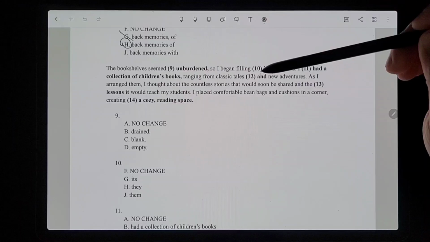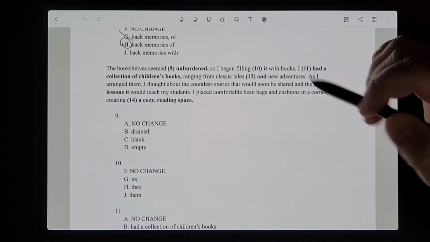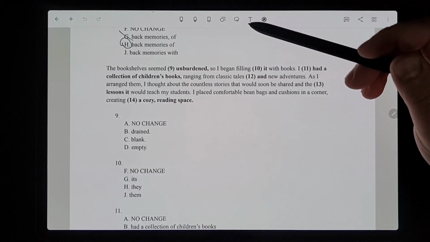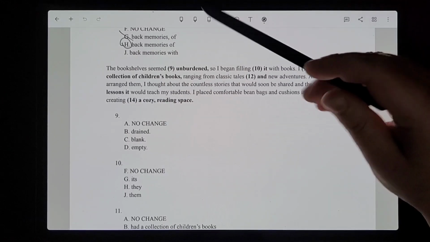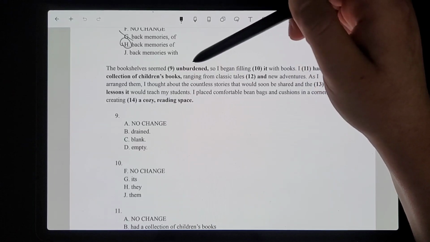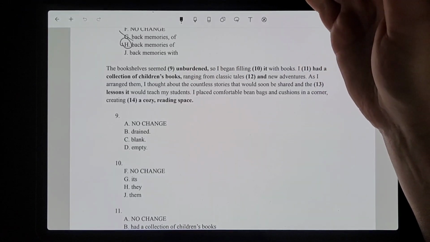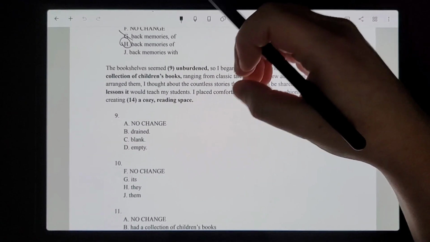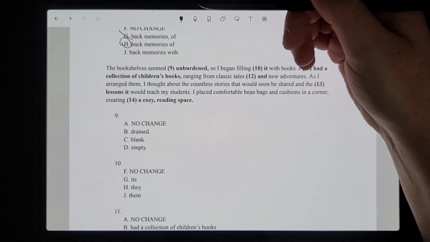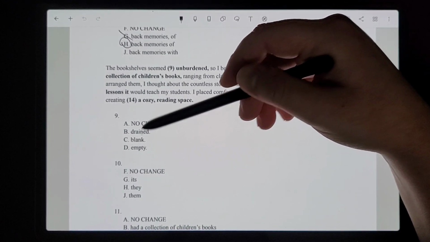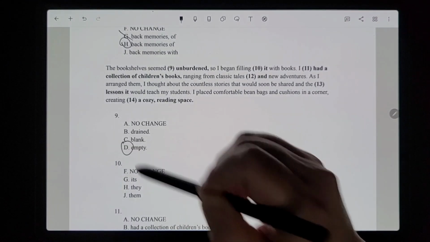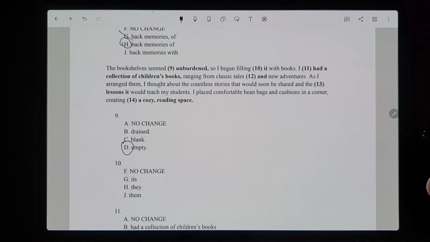So if you're filling it with books, then that means that the bookshelves were probably empty to begin with. So we need a word that, well, actually, I didn't even look at that initially, but I guess I remembered somehow in the back of my brain that that's what I put there. But it has to be something that matches the type of word that should go there. Like unburdened, you don't really use that for an empty bookshelf. That's just a weird word to use with that. Like drained also, blank, it's not like a blank canvas or something like that. That's just not the wording that we use. We would describe it as empty. That would be the best word to use in this context.